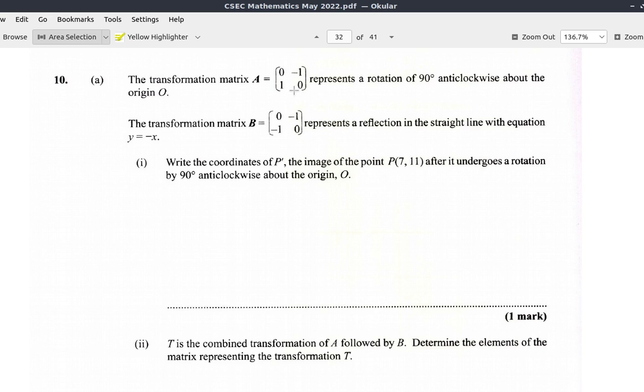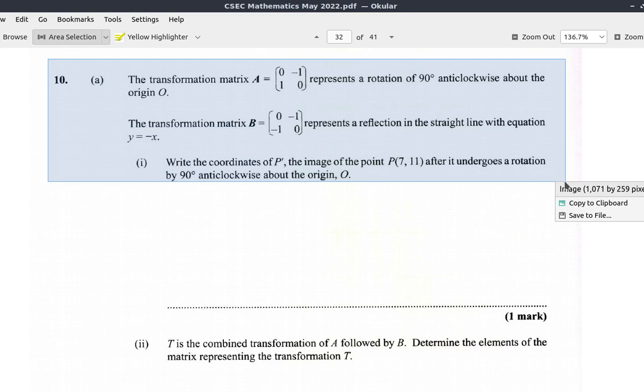It represents a rotation of 90 degrees anti-clockwise about the origin O. The transformation matrix B is 0, negative 1, negative 1, 0. It represents a reflection in the straight line with equation y equals negative x. 1. Write the coordinates of P prime, the image of P at 7, 11 after it undergoes a rotation by 90 degrees anti-clockwise about the origin O. We just copied this part of the question